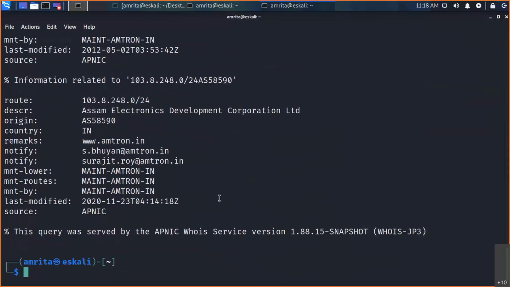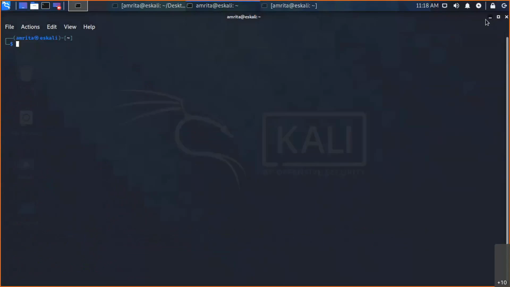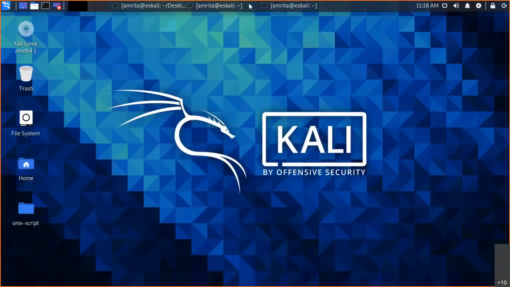Okay, now we'll go to another tool for gathering location information.